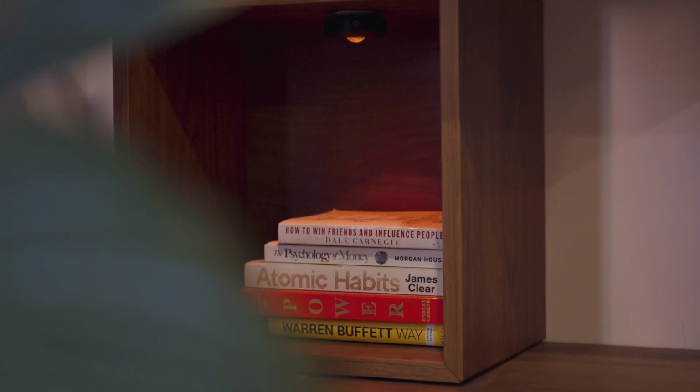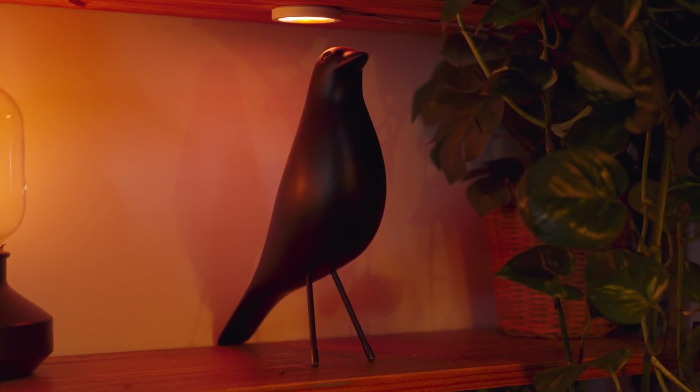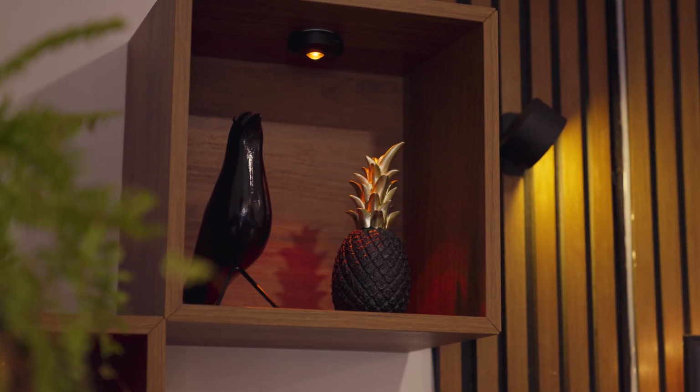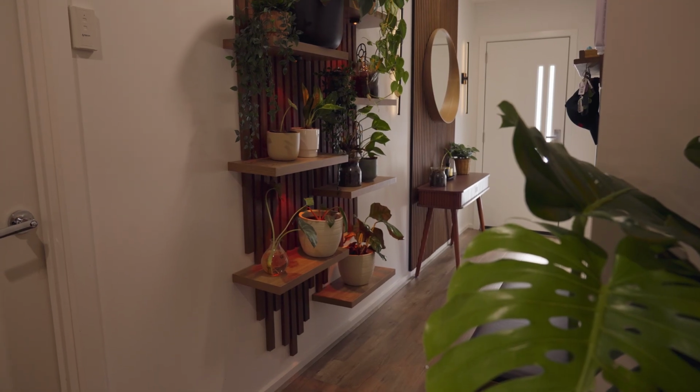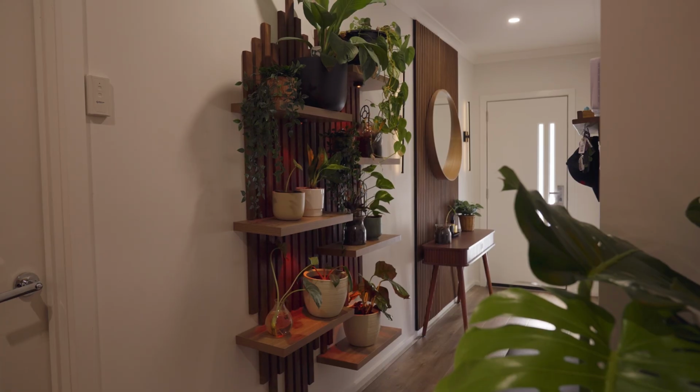Speaking of catching up, let's catch up on accent lighting. This type of lighting is used to highlight objects or architectural features that need some extra attention. For example, in my industrial shelving units, I used smart cabinet lights to spotlight some of my favorite items. In the IKEA Eket boxes, I used rechargeable puck lights that highlight my rugby trophies, books, and some of the decor pieces I have there. Oh, and those floating plant shelves? Same deal. Puck lights to highlight the greenery and add some visual